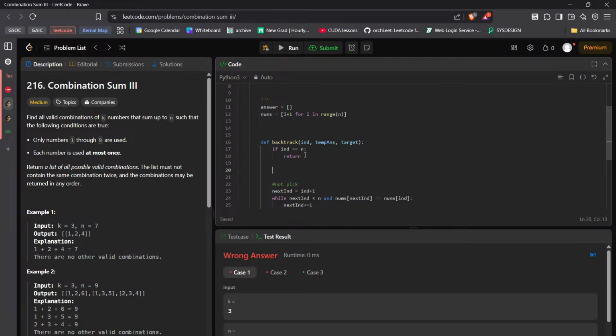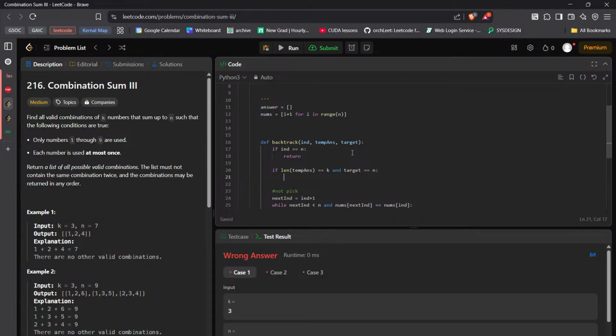Okay, then if the length of my temp answer is equal to k and target is equal to n,